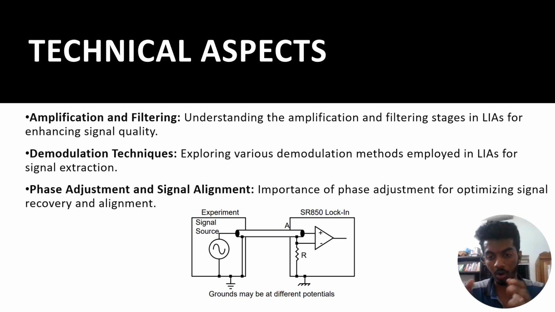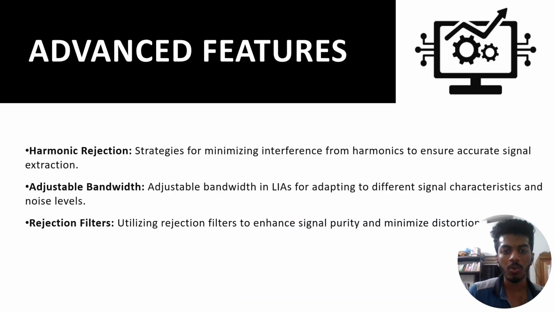So after removing the noise, you have to get back the signal. So you have to be careful about the things which you do to the signal, so that you can get back the signal. That's what this is. So advanced features is like all the things you can add to this such that you can remove the noises